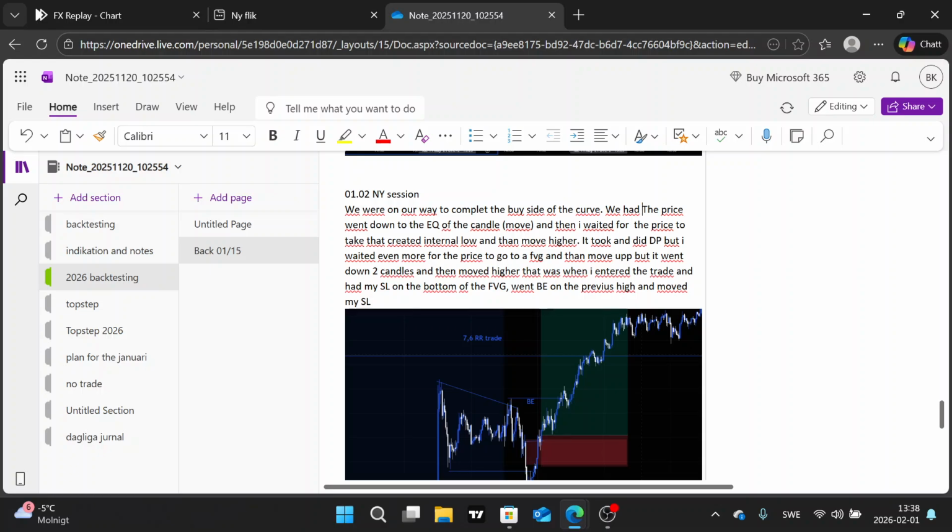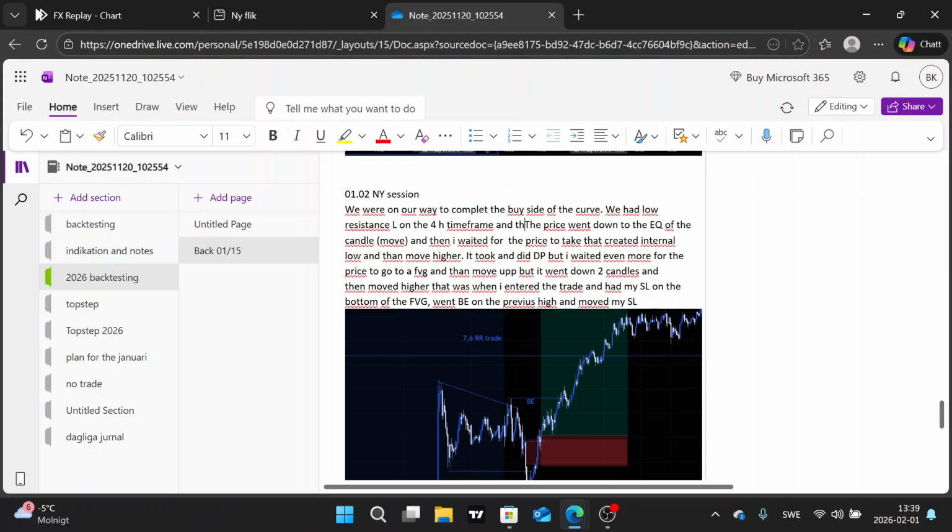I had low resistance liquidity on the 4-hour time frame,